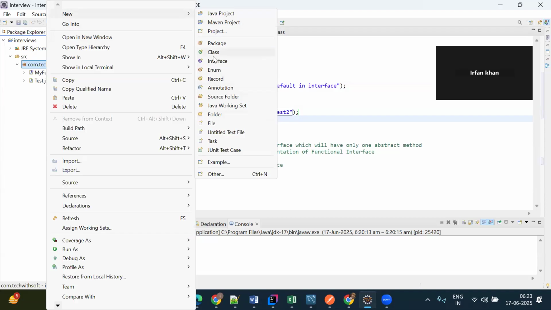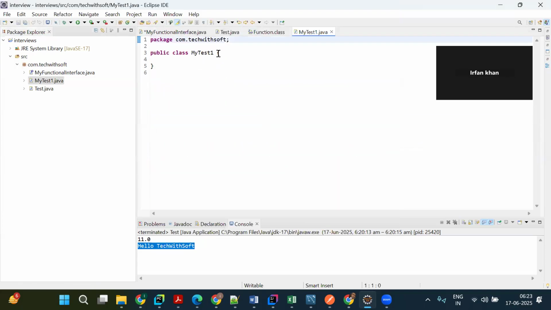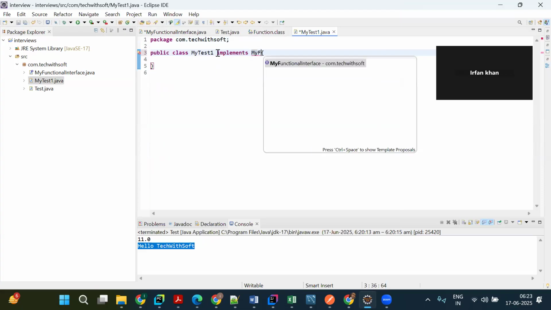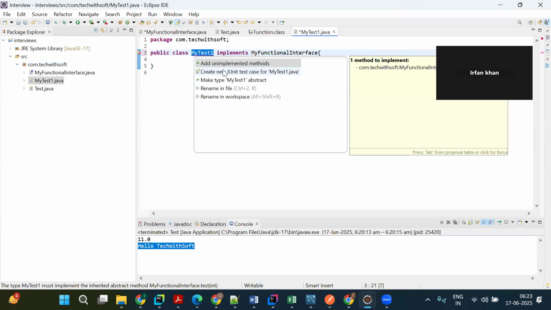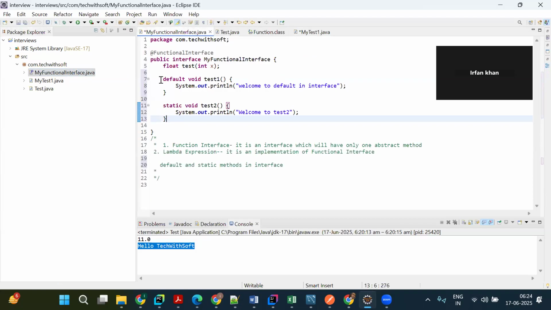Okay, so let me create a class, say MyTest1. Here I will make it implement this MyFunctionalInterface. And you can see it is asking to implement the abstract method, so first we have to override the unimplemented method, but it is not asking to override the default method. If you write it, we can override it, but it is not mandatory. So if you want to write it, default void test1, like that,